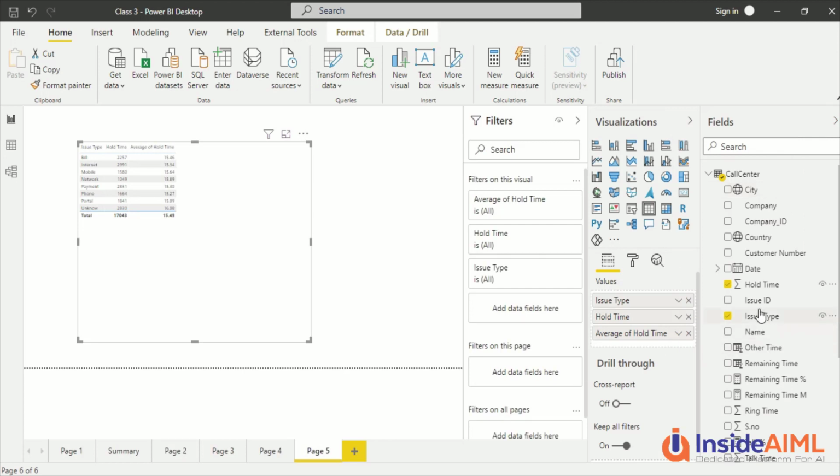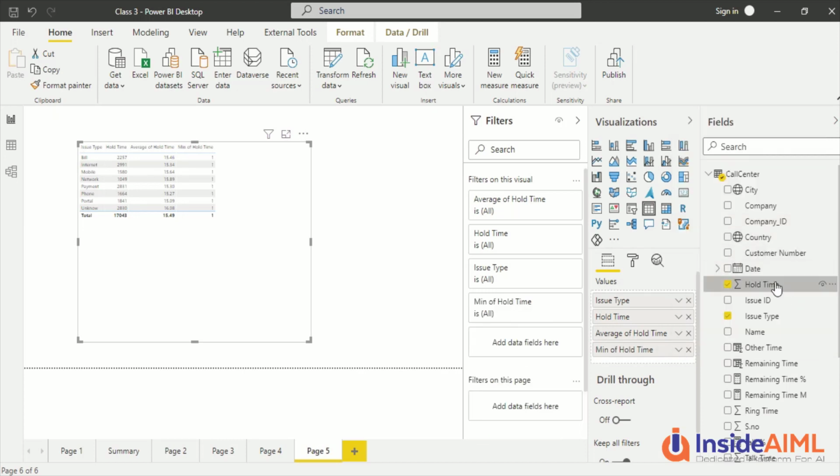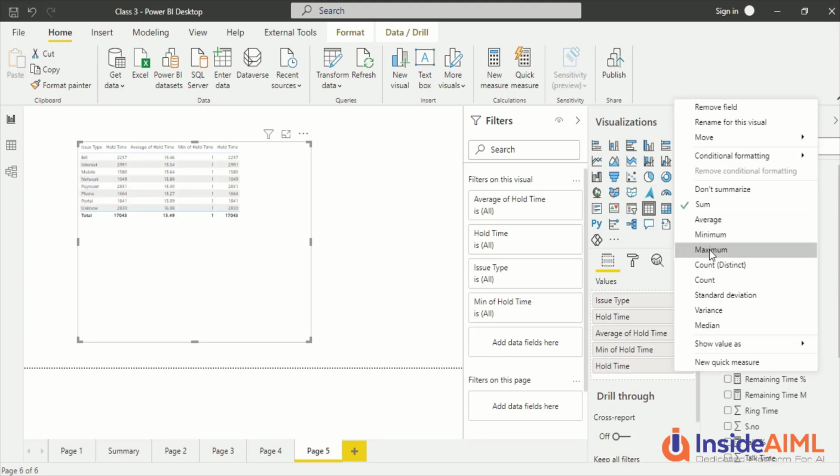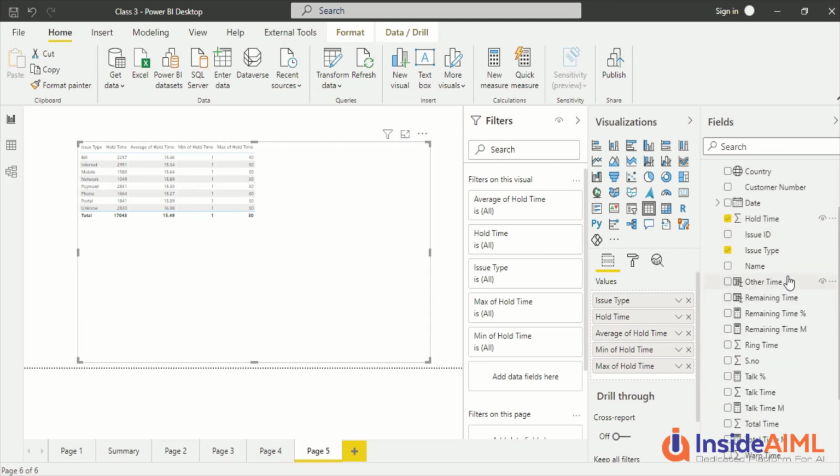Okay, now again drag the whole time. Now we call it minimum whole time. Now again drag the whole time out here. That is maximum whole time. Okay, so what is the maximum whole time? For each one of them 30 seconds was the maximum. Okay, and minimum is 1 second. Okay, so averages are also almost similar. The averages, there is a difference, but almost they are similar. Okay, let's again drag the whole time.